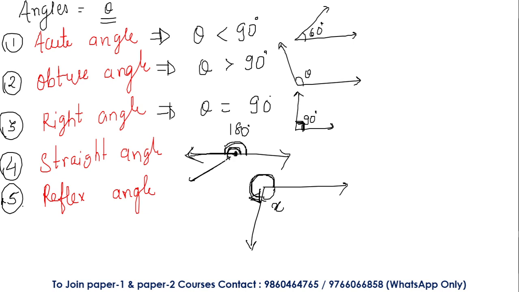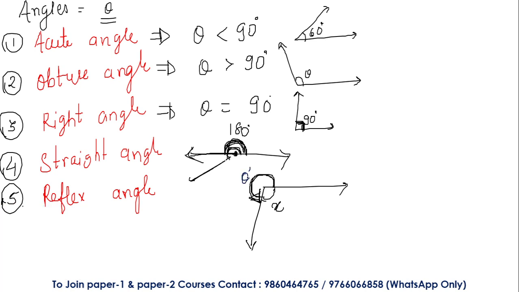And the angle from here to here, these two straight lines, or a single line we can say, or two parts which are connected through a point, there we are forming a straight angle. But in case of a reflex angle, the angle is always greater than 180 degrees. Always remember this. So this is the reflex angle.